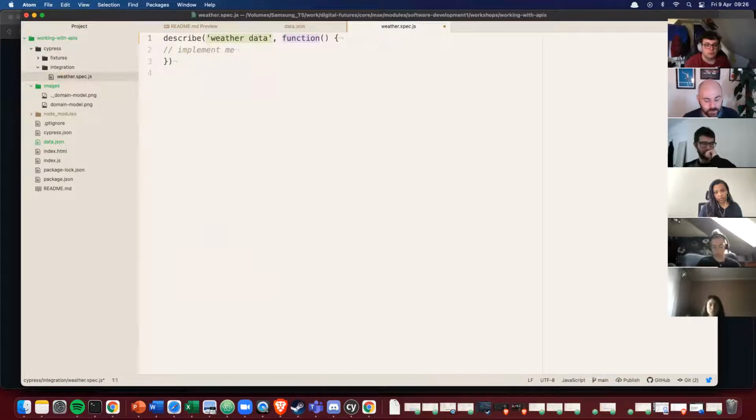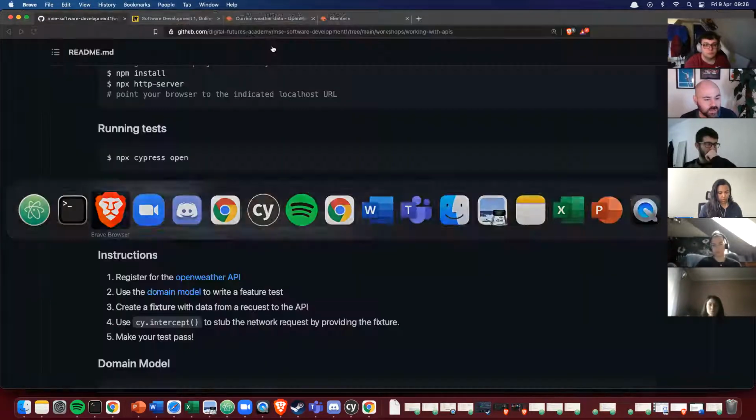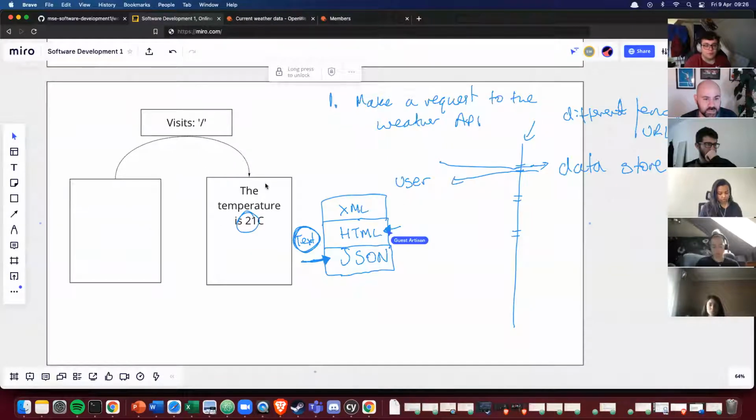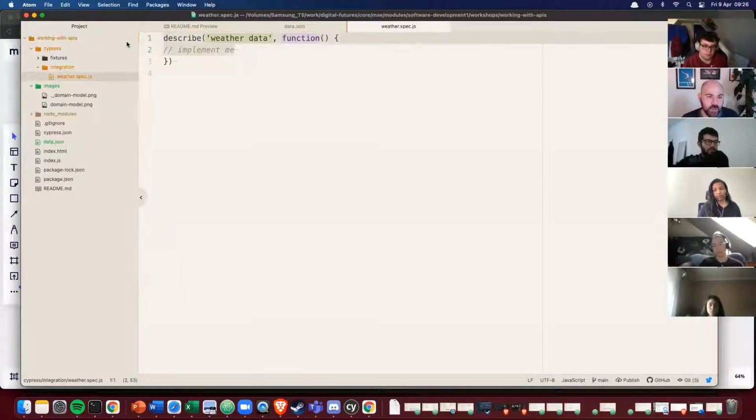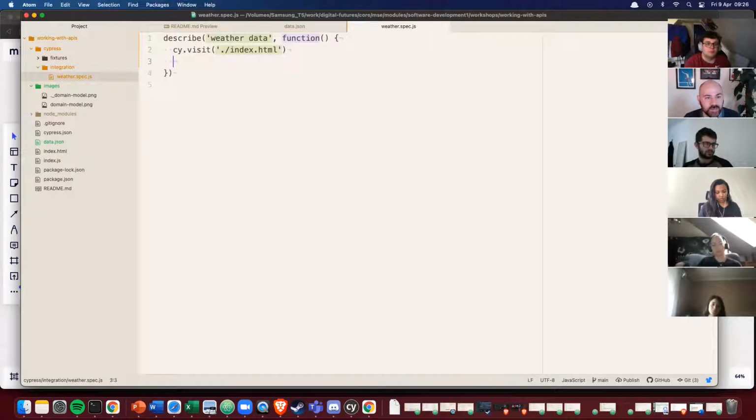This is something that I want you to do. I want to go back to here and have a look. This is what I want to do. I need to visit the index page and then see that the page includes this text. So we should be able to do something like index.html, visit that page. Then I want to make sure that I see the